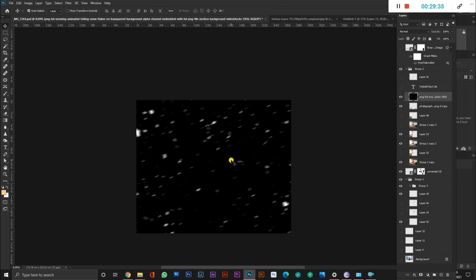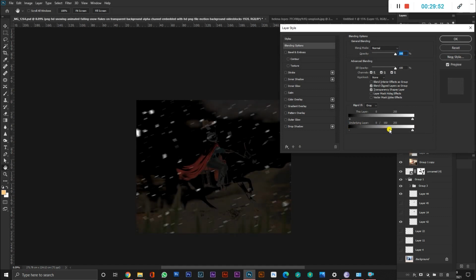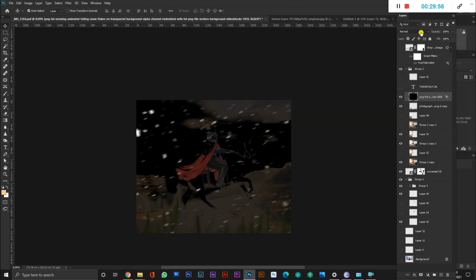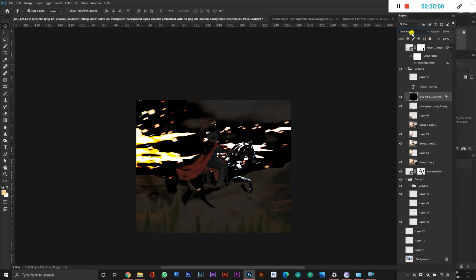And then I added some particles that are flying in the air. And then I used the blending mode to attach it properly.